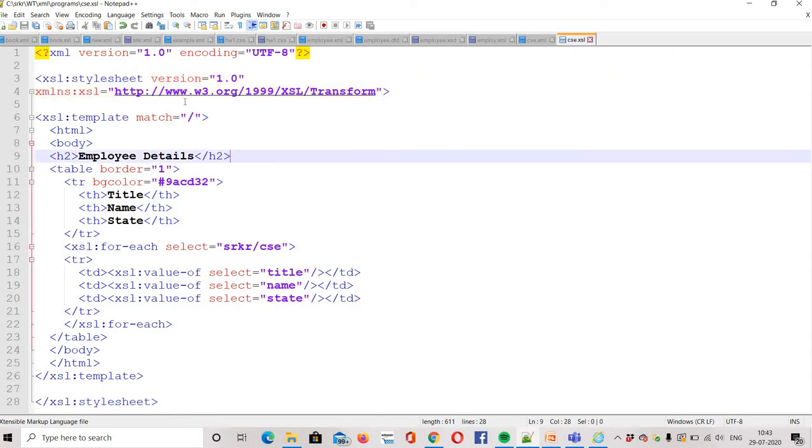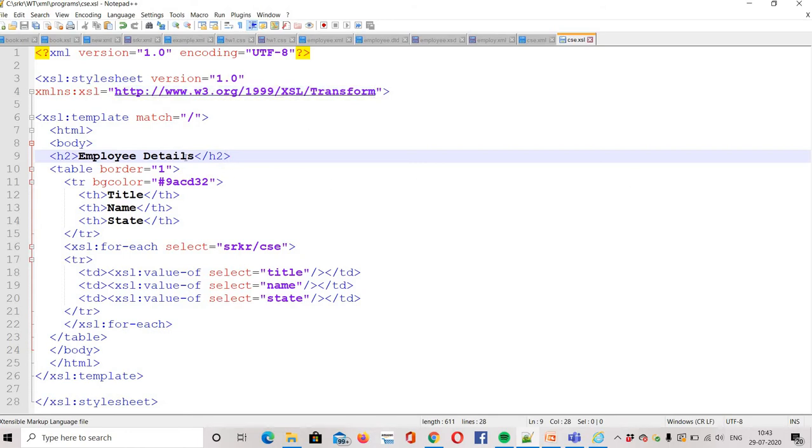Coming to this example, first I will discuss what the first line indicates. Since an XSL style sheet is also an XML document, it always begins with the declaration with XML version 1.0 and encoding. The next element is xsl:stylesheet. It defines that this document is an XSLT style sheet, along with the version and XSLT namespace and attributes.